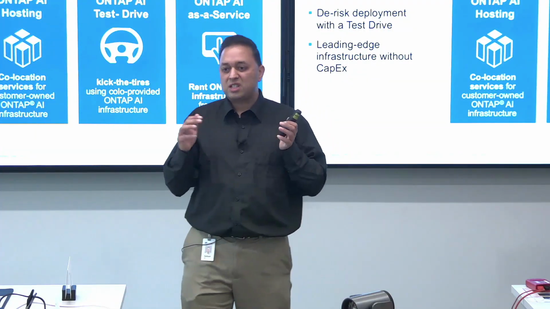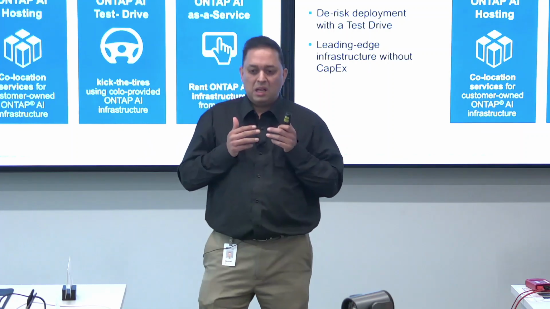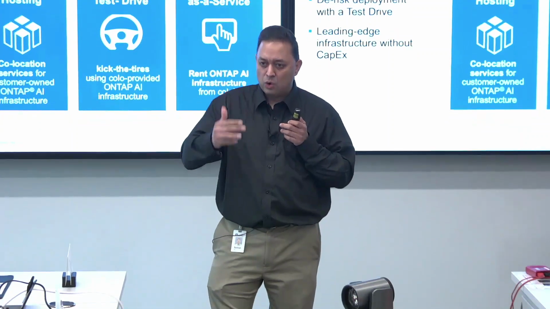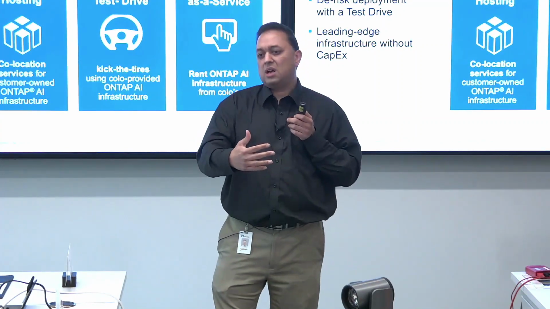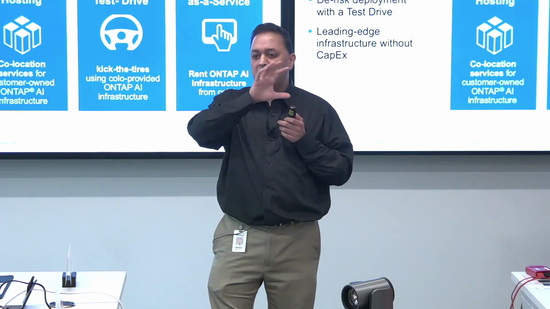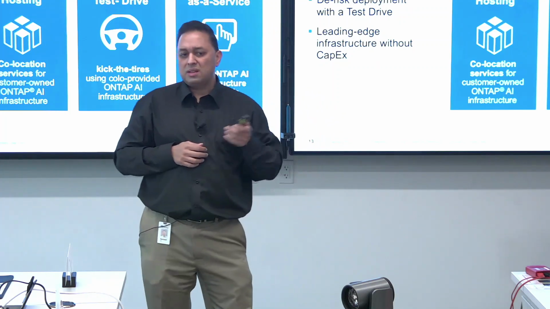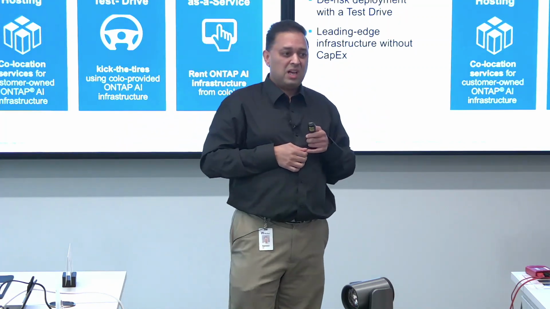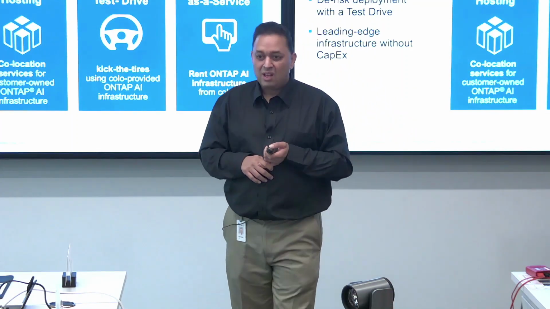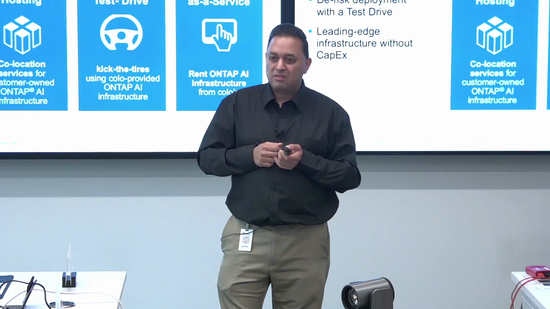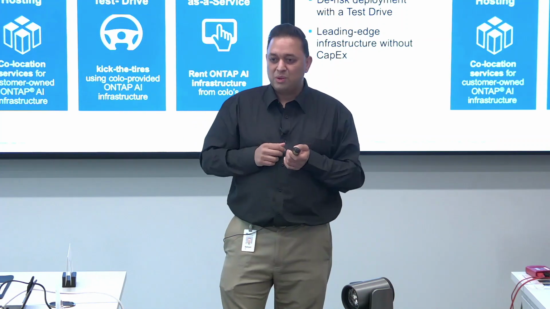Because usually you have to ram it down their throats, and it takes 10, 15 sales reps and TMEs to make it work. And this is where we have completely changed our approach. We are building fully automated AI control planes that automate the rack and stack and then the deployment with Ansible, and then build an AI control plane with Kubernetes and Kubeflow that I'm going to go into and show you what that looks like. So this conversation 9 months ago, I said, yes, that is a challenge. Today, we can give you a Jupyter notebook as a service, and you can pick if you want 2 or 4 GPUs, and off you go.